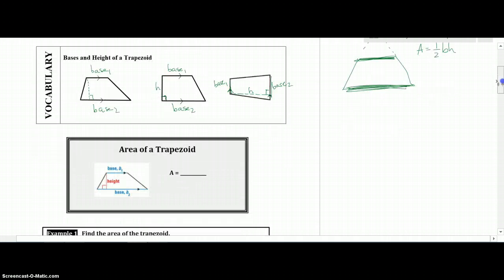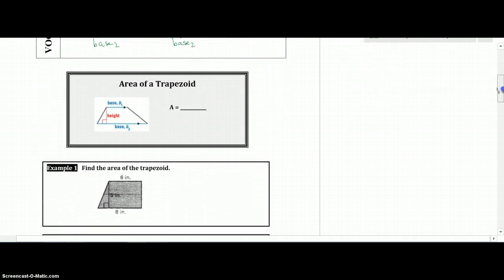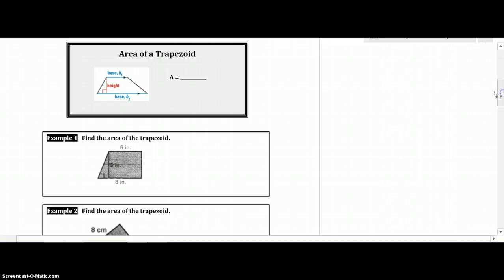Okay, so the formula, like I said, is very much like the formula for a triangle, only there are two bases. So instead of having 1/2 base times height, we're going to have 1/2 height times the bases, but we have to add the bases together, and we write it like this so that it's more visually appealing. Okay, so 1/2 height times base 1 plus base 2. Alright, so example number 1,